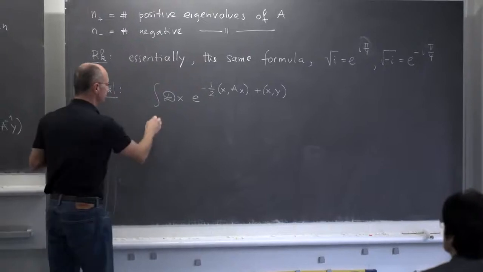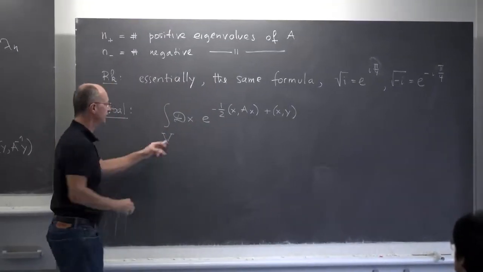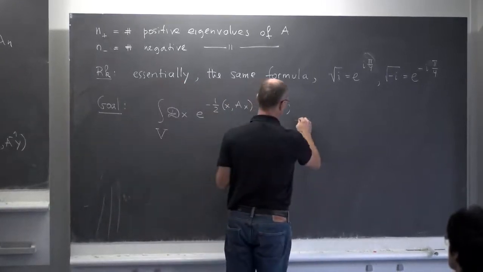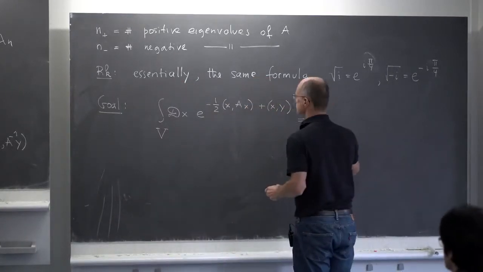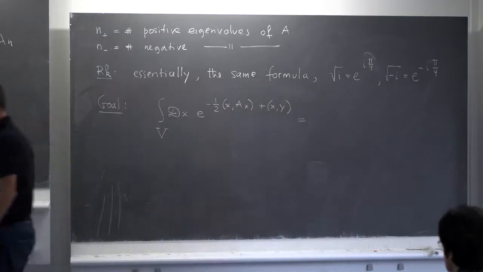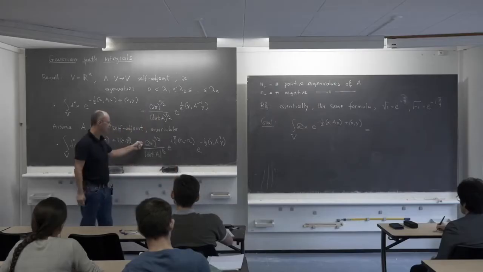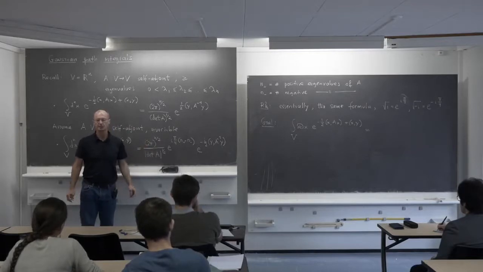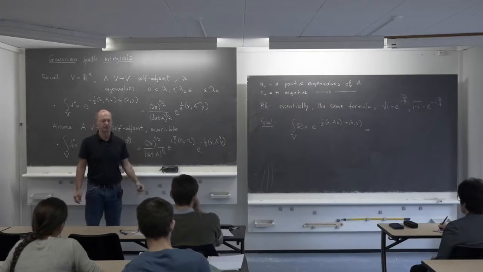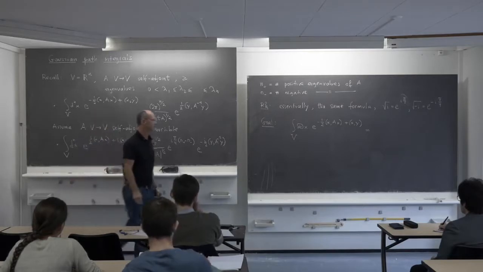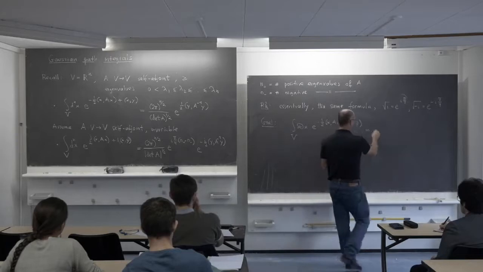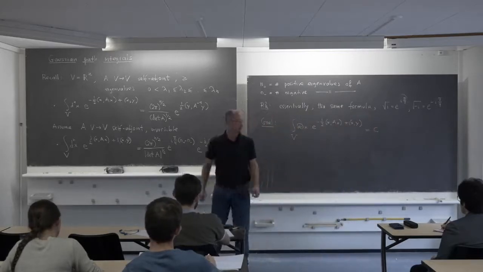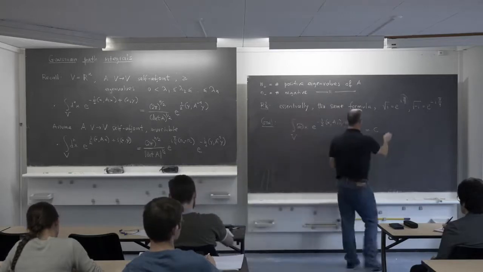Over the space V, which is now not necessarily finite dimensional, right? That's why I write this thing here. In principle, there would be not much of a hope to make sense of the factors like 2 pi to the power n over 2. Remember, we had some infinite factors already last time in front of our path integral. Let's be vague about it. One can be somewhat more precise, but let me put some constant there. But what is essential for us